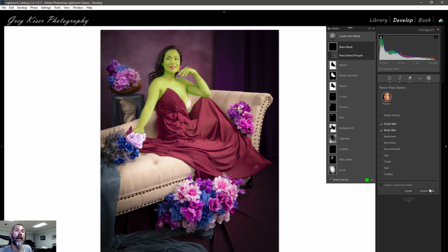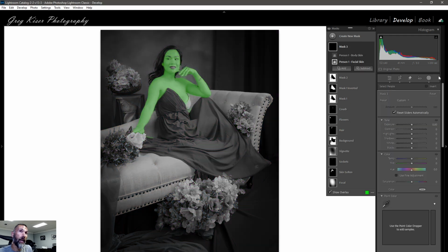We're going to come down here and create mask. We can also create two separate masks, a facial skin mask and a body skin mask, but I like to work skin together. It makes it more uniform, so we create mask, and it's going to add Mask 3 just as we had seen it